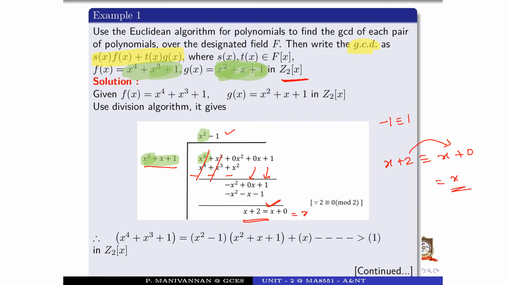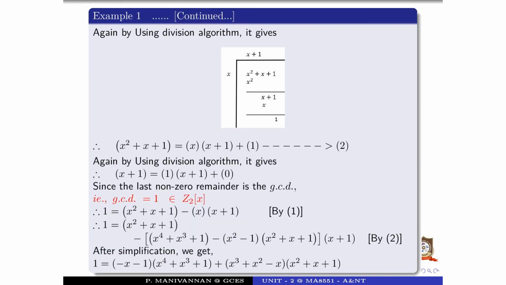So x^4 + x^3 + 1 can be written as the product of these two terms plus a remainder in Z_2[x]. This is no problem. Then by using the division algorithm again: